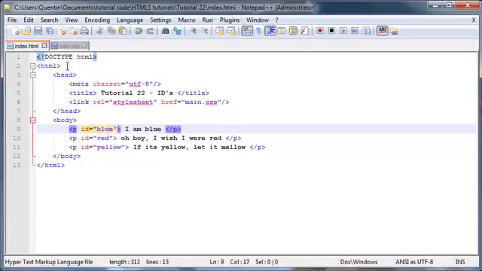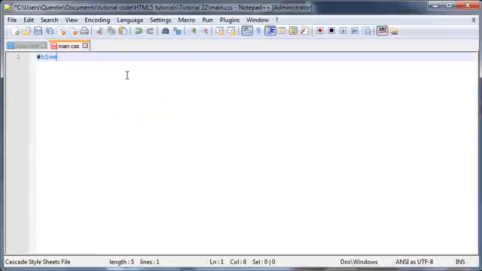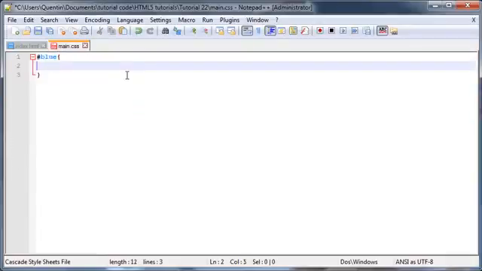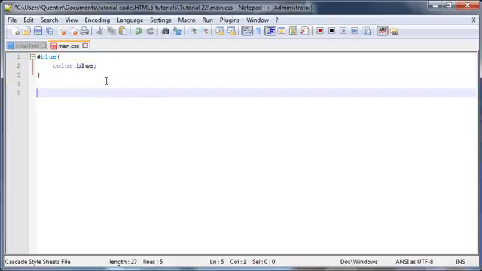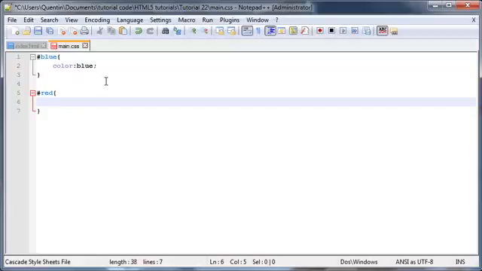So my first ID is blue, so I'm going to go ahead and put in blue over here, and now I can style my first paragraph. And I think what I'm going to do is just change the color to blue, and then we'll go ahead and style the red ID, so hashtag red, and that'll change the red ID. So we'll go ahead and say color, easy on the caps lock over there, color red,